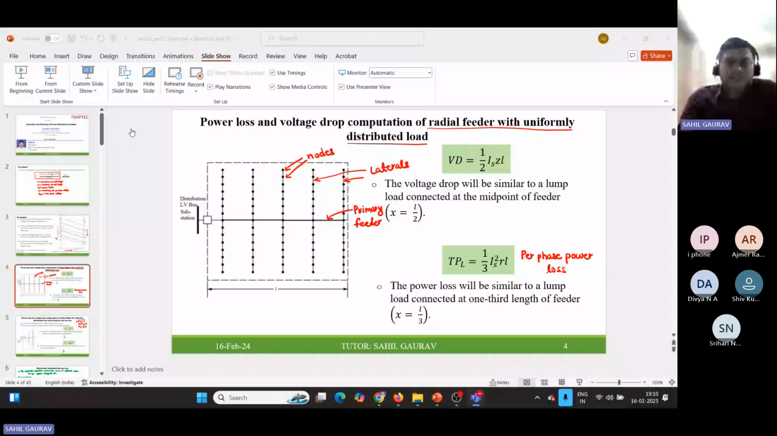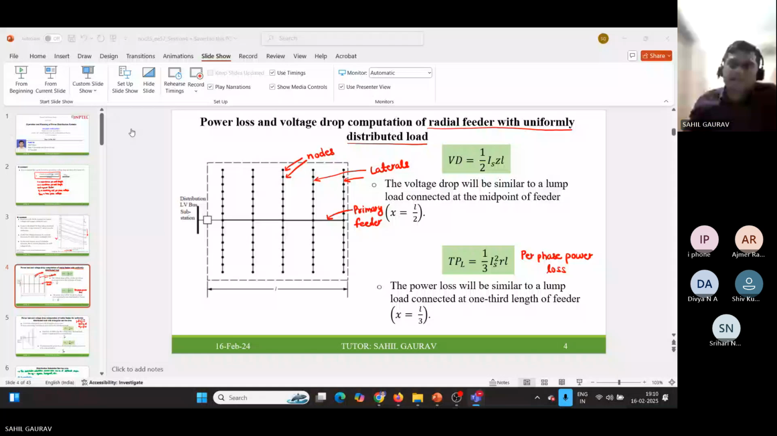radial feeder, primary radial feeder with uniform distributed load, we can find the voltage drop, and this voltage drop will come out as IS Z L. So here you can see, the voltage drop of a radial feeder is directly written as IS Z L,